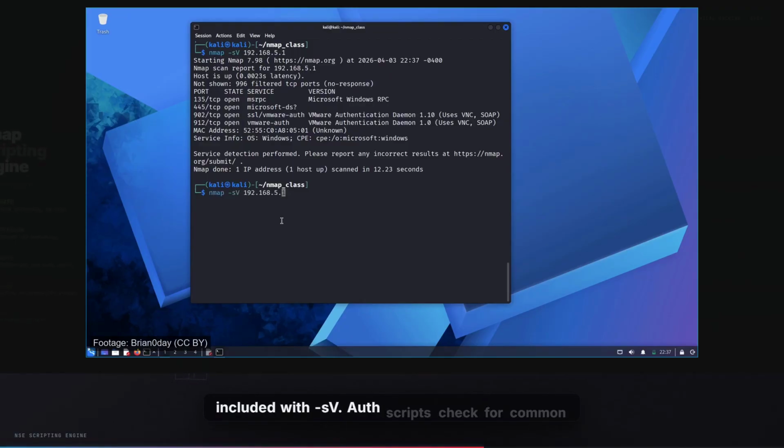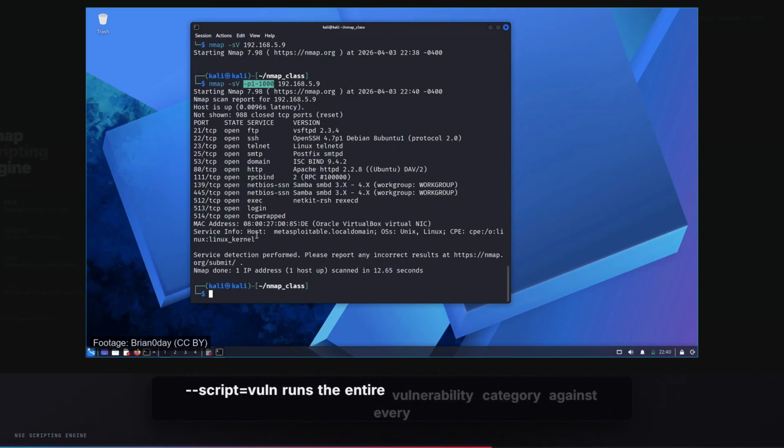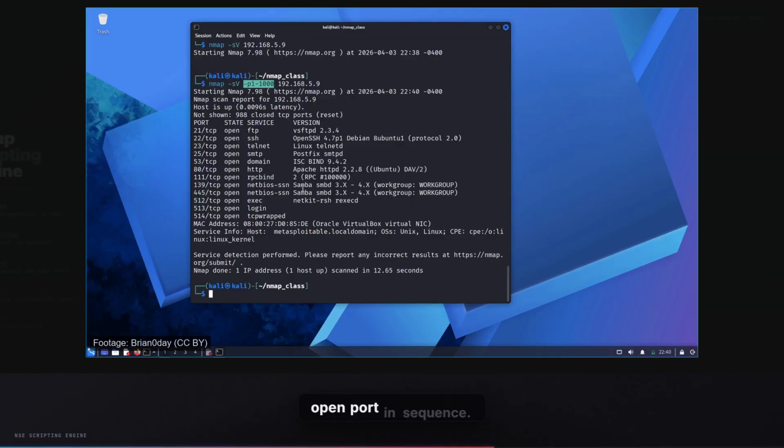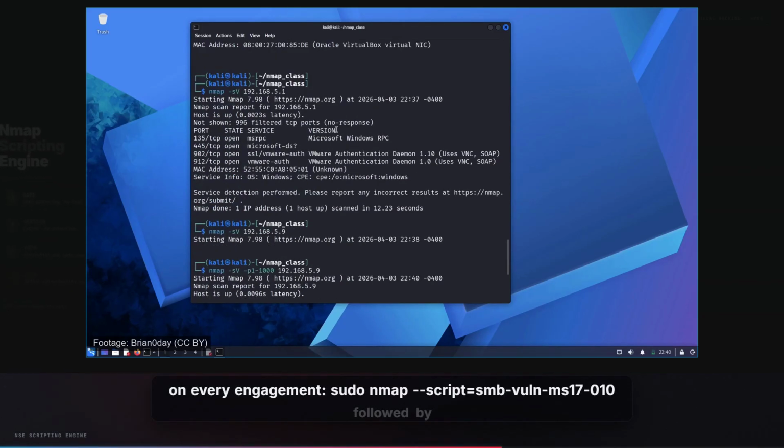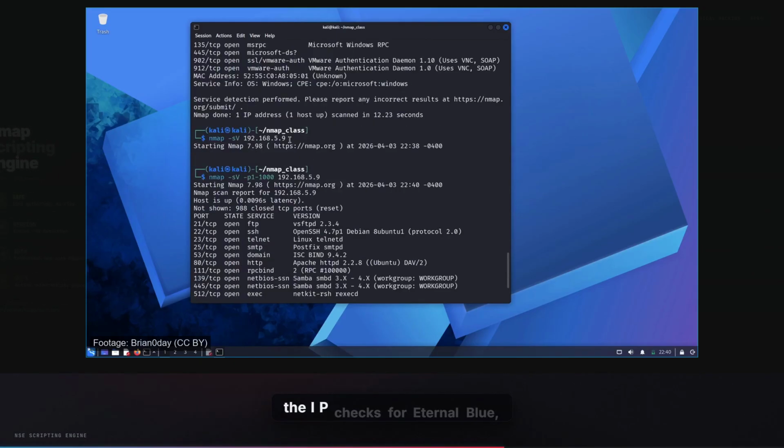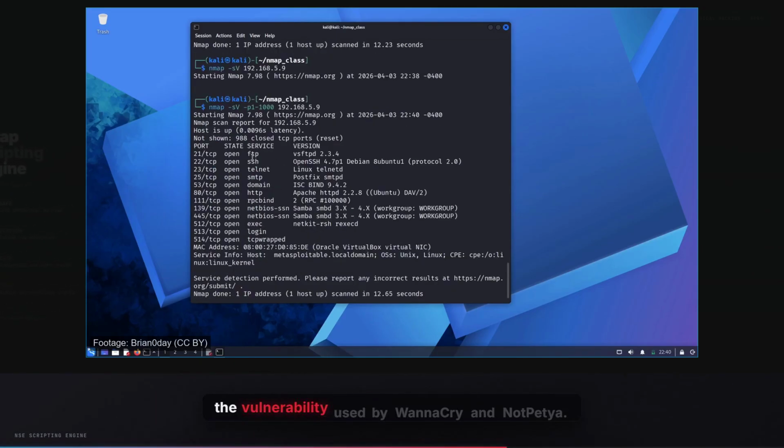Auth scripts check for common credentials and anonymous access. Vuln scripts check for specific vulnerabilities. --script=vuln runs the entire vulnerability category against every open port in sequence. Here is practical NSE usage that pentesters run on every engagement. sudo nmap --script smb-vuln-ms17-010 followed by the IP checks for EternalBlue, the vulnerability used by WannaCry